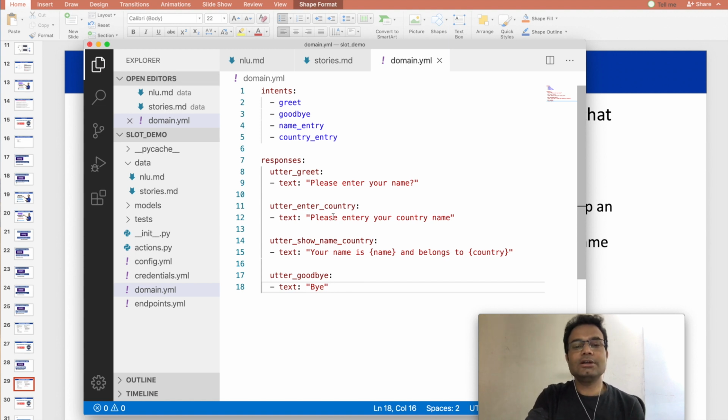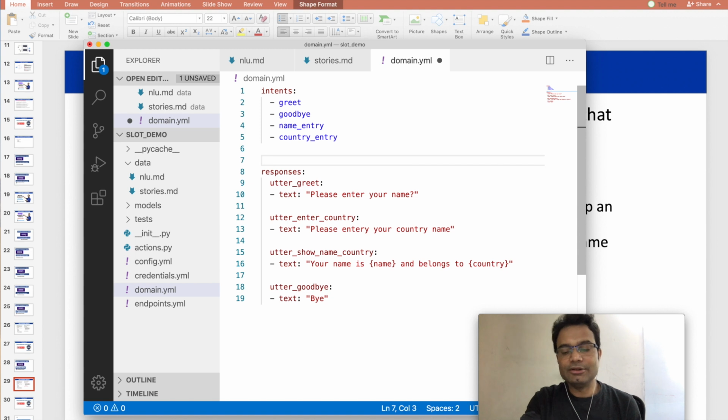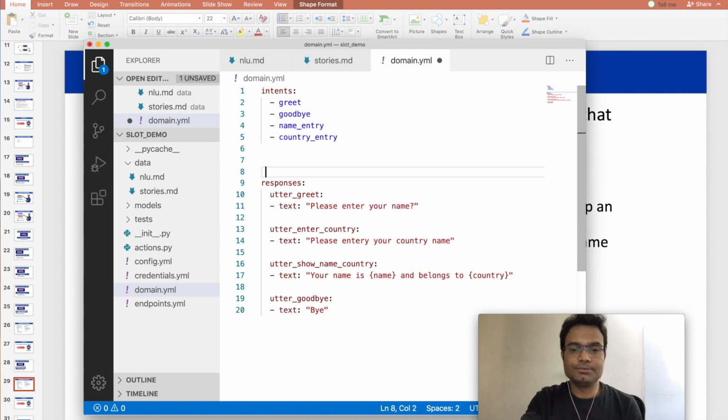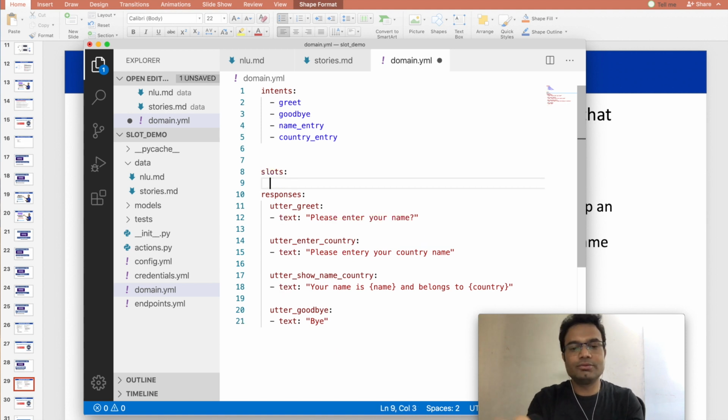Now the thing is that as we define variables in Java or Python, the same way you have to define slots here also. So what are the slots? First slot I have taken is name, and the type I will take as text.